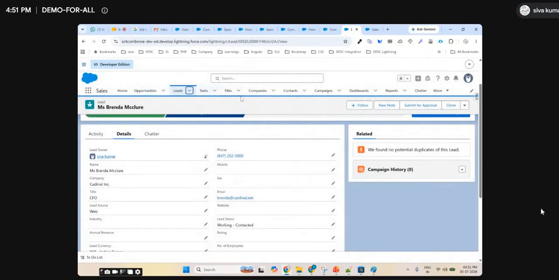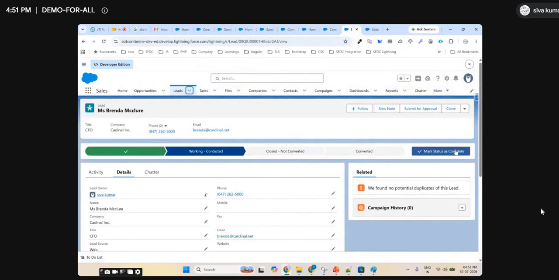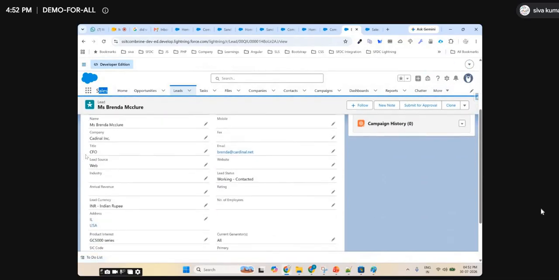In a web application also you're seeing tabs like this. Is there anything new here compared to any other web application, or is it similar to a normal web application? You'll see the tab, no difference. It will have a logo, app launcher, app name, and the same tabs and objects. If you want to see here, these are all fields: title, company, email, lead status, rating, everything is a field here.